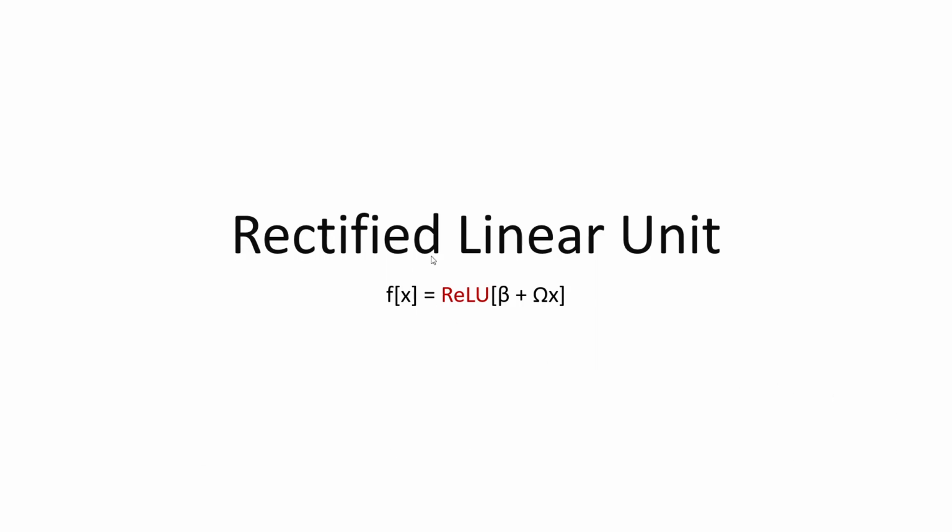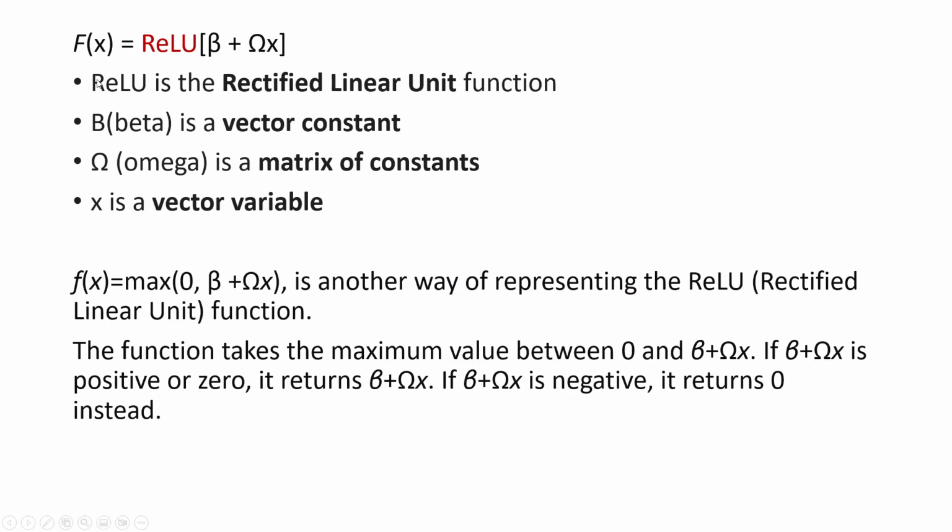We are going to learn the rectified linear unit. It is f(x) equal to ReLU(beta plus omega x). So beta is the vector constant, omega is the matrix of constants, x is the vector variable, and ReLU is rectified linear unit here. So this one also can be represented as max